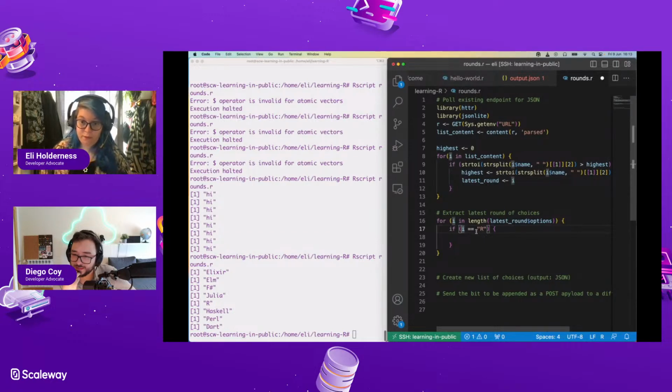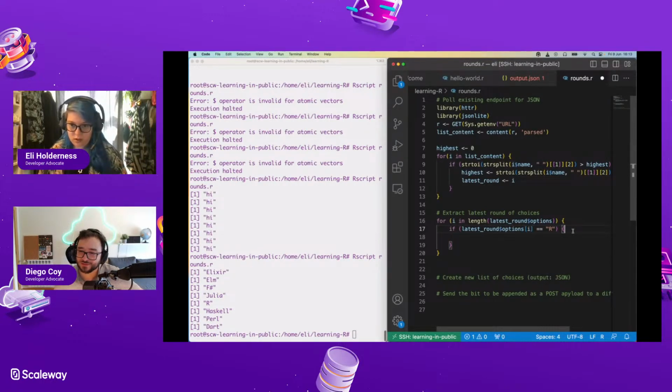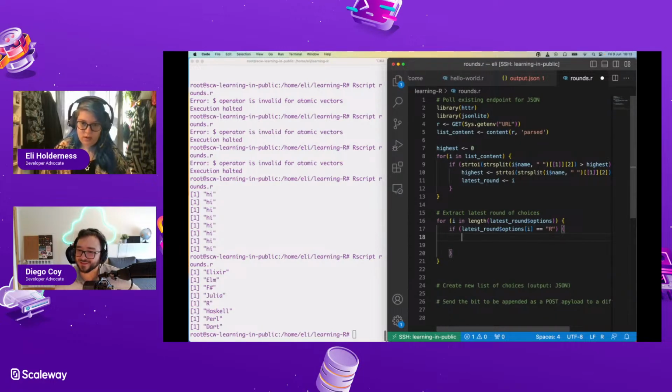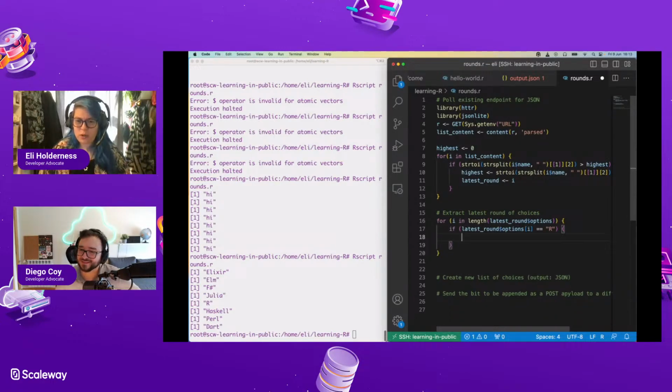So if latest round, and the accessing being the $ sign is so strange to me. And the list starting at 1. The 1 doesn't bother me so hugely, but yeah, the dollar is strange.